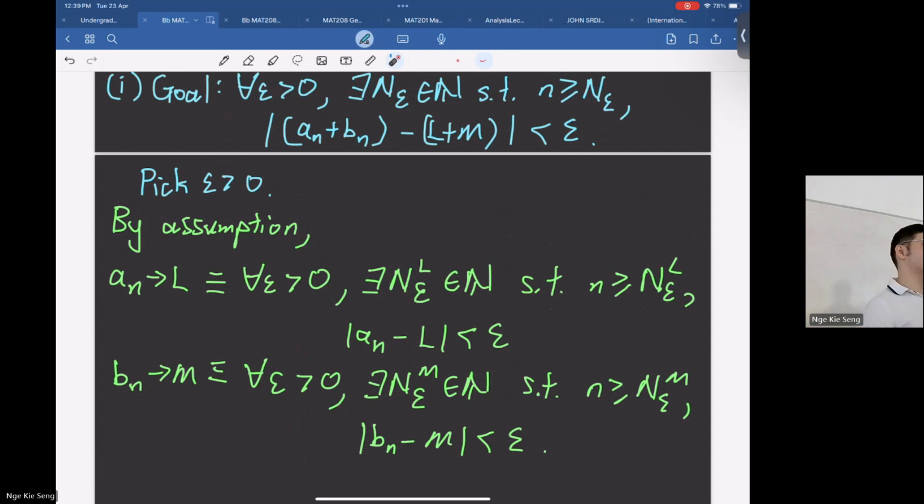Sorry? Absolute value. Add them up. How to add? What is add? Add what? Add these two together. How can you add two absolute things together? You mean this is true? Is this true or not?